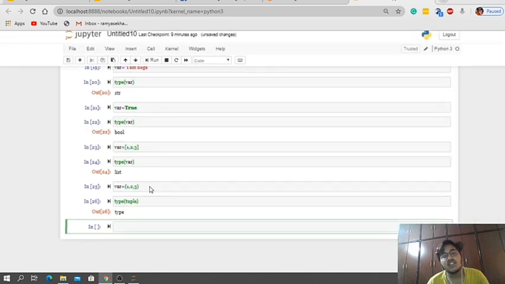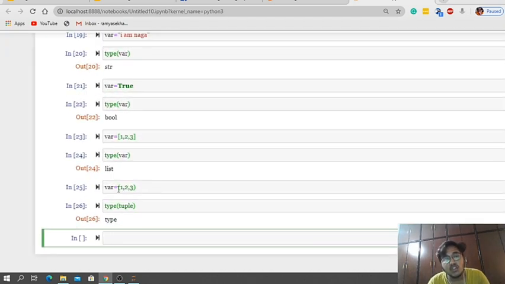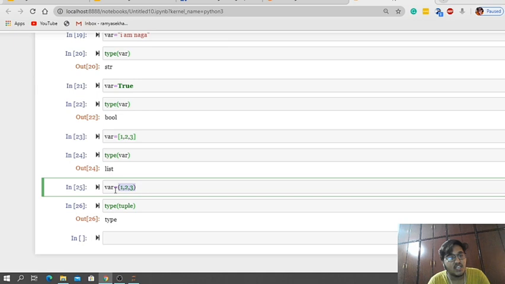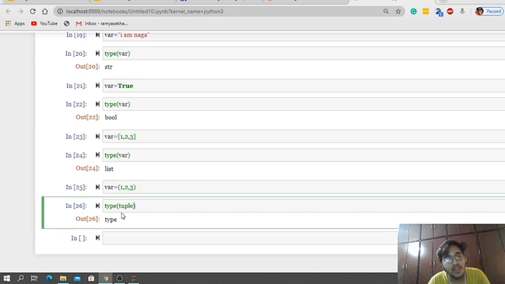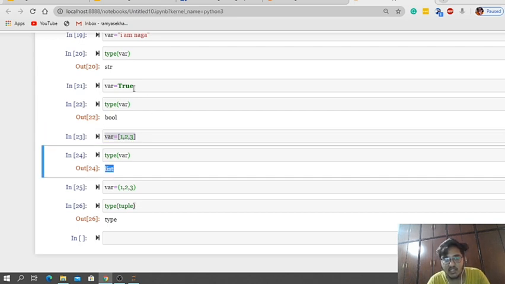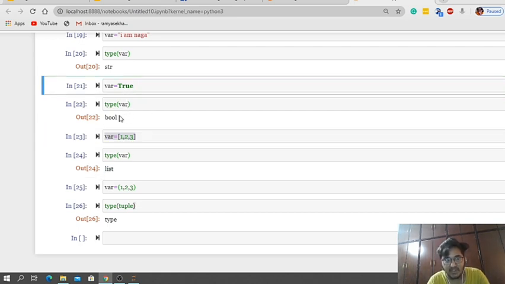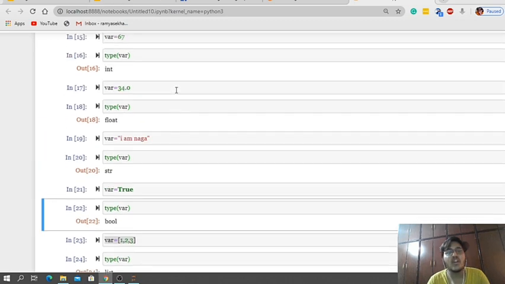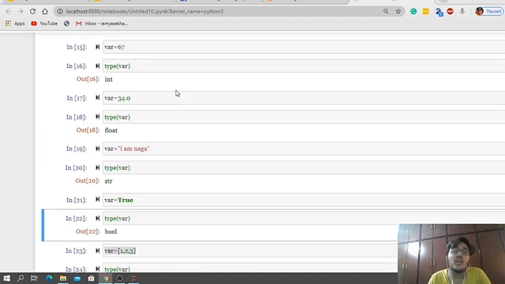Based on the value we have assigned, the type will be decided. Here I am assigning a tuple, so I am getting the type as tuple. If I assign a list, I get list. Here I am assigning True, so I am getting boolean. Based on the assignment only, the type will be decided.